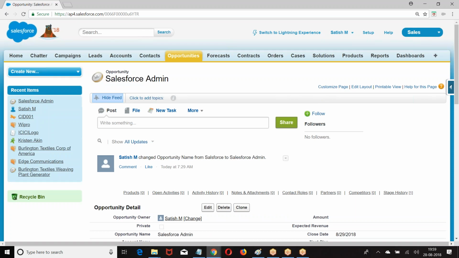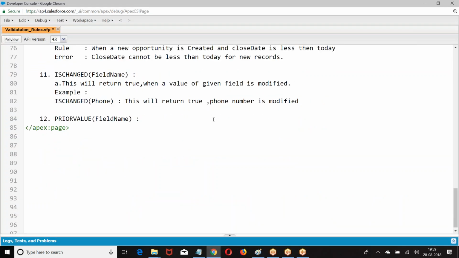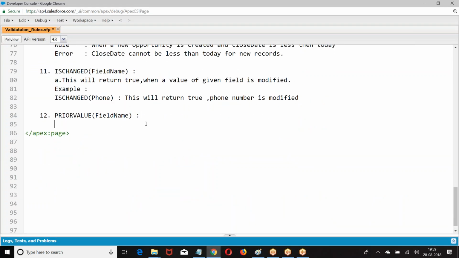Prior value will refer to what? The old value of a field. If I want to refer to the old value, I will use PriorValue. What is it going to give you?